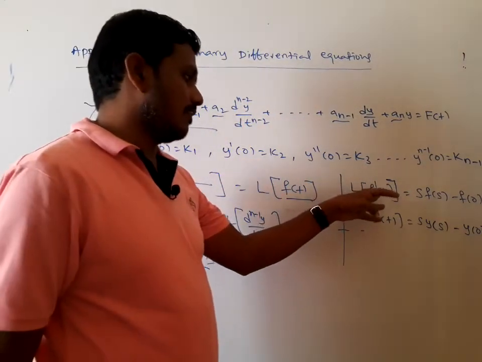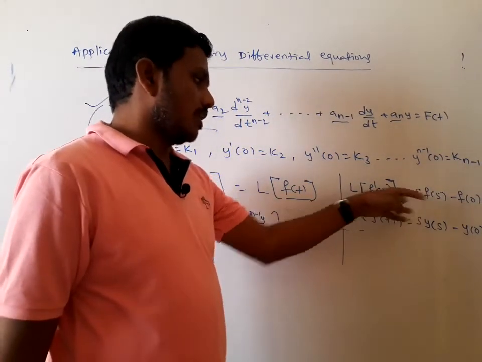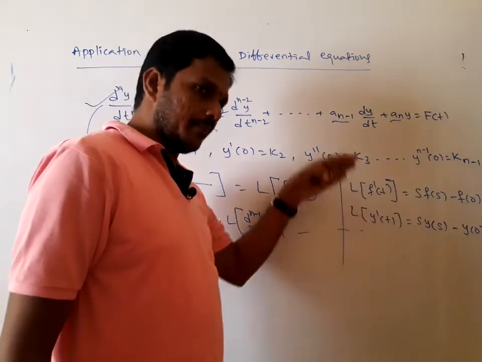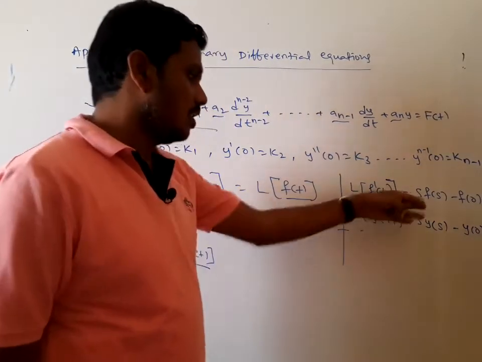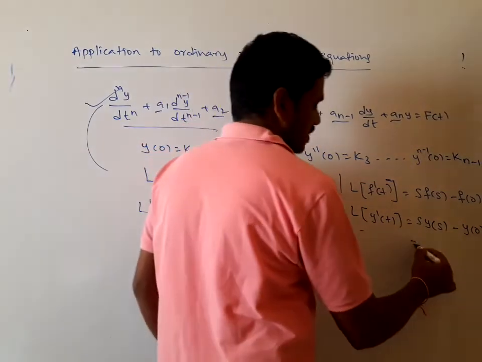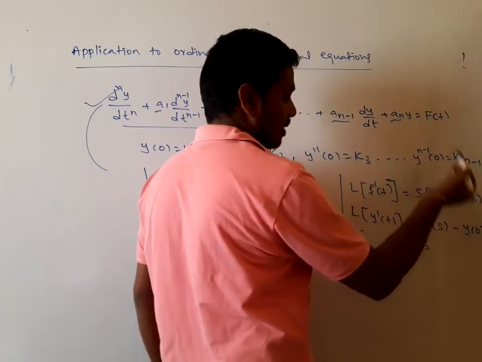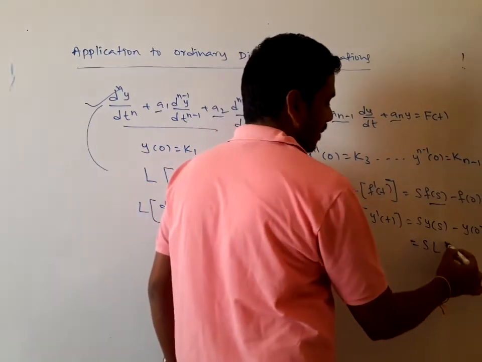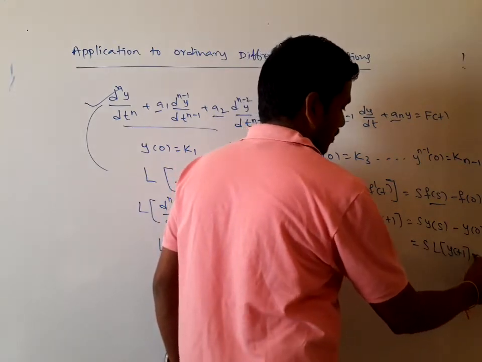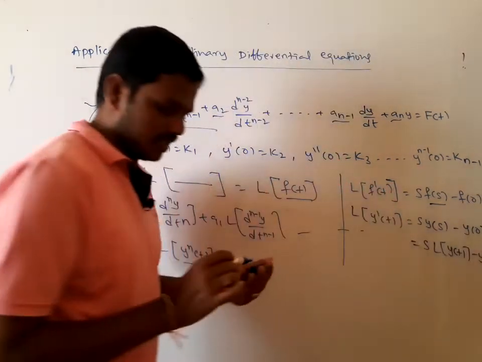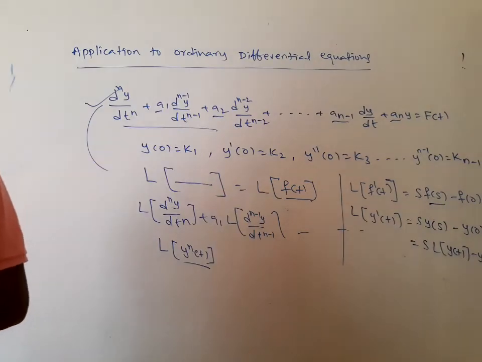Instead of f dash of t, I am taking y dash of t by using this one for the first derivative. Next, I am trying to extend to the second derivative, third derivative, and so on. Here s into y of s, where f of s is the Laplace transform of f of t, and y of s is the Laplace transform of y of t, minus y of 0. That is the first case. Next, if you take the second order derivative,